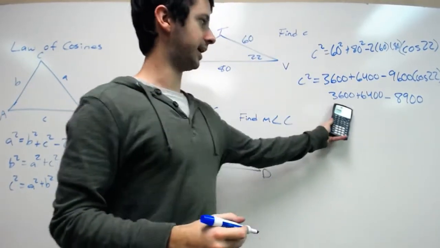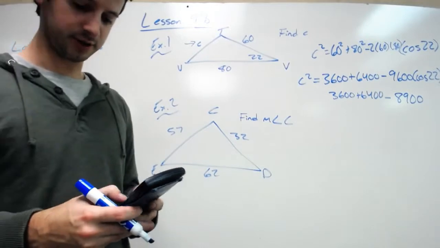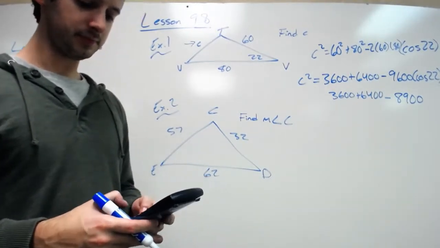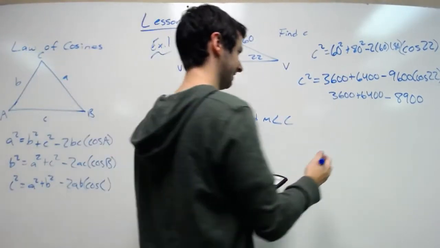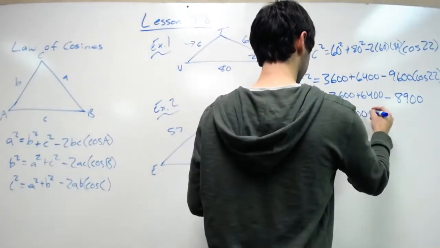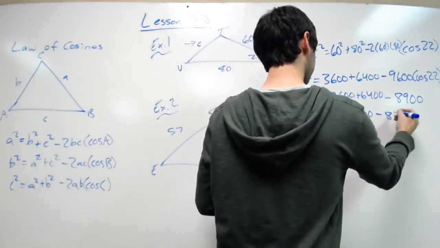Now I can start adding: 3,600 plus 6,400 is 10,000. 10,000 minus 8,900